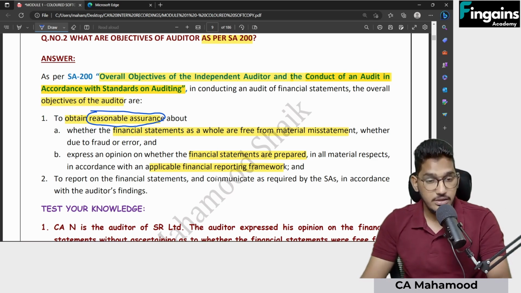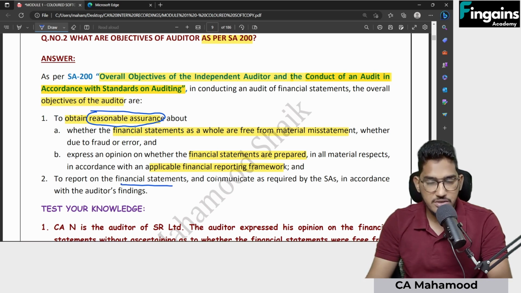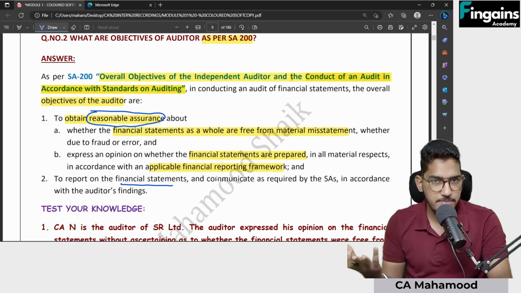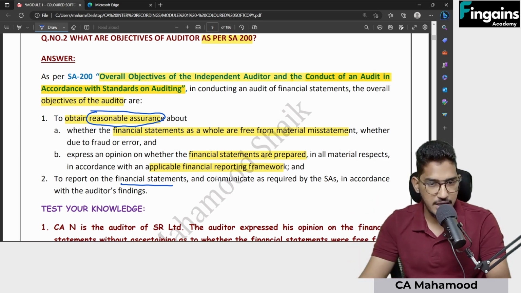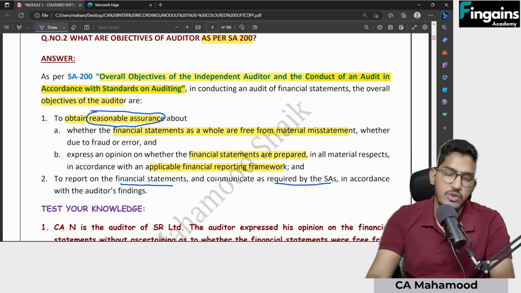Next, one more objective of this standard is to report on the financial statements. Finally, after conducting the audit, I will have an opinion. That opinion should be expressed. How should that be expressed? In the form of a report. So you have to report on the financial statements and communicate as required by the standards in accordance with the